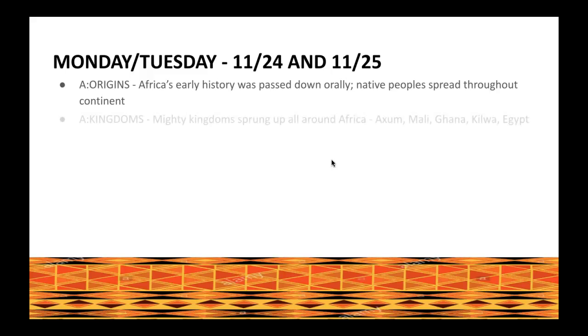And that leads me to the next point here. The age of African kingdoms spans across many years. In fact, many mighty kingdoms sprang up all around Africa, and of course some were more successful than others, but some of the most iconic African kingdoms that you might be familiar with are Axum, Mali, Ghana, Kilwa, and Egypt. Also, for clarity, let's not forget about the great kingdom of Zimbabwe, which is also in the southern part of the continent. Long story short, these kingdoms combine to form great success stories for Africa's history and culture that obviously show us that Africa's history is a lot more in depth than European colonization during those times.